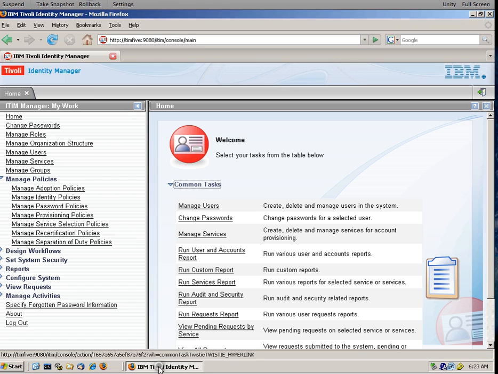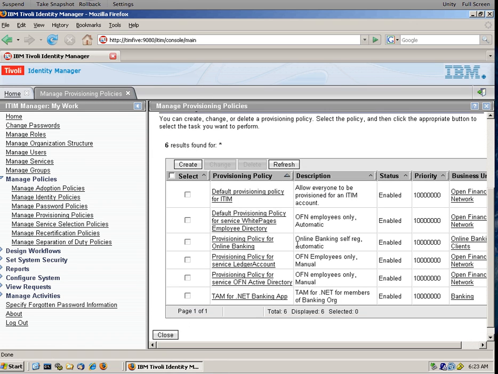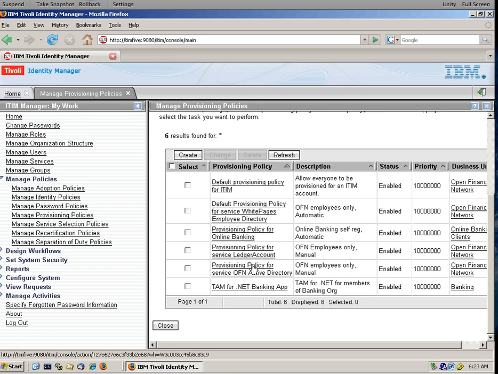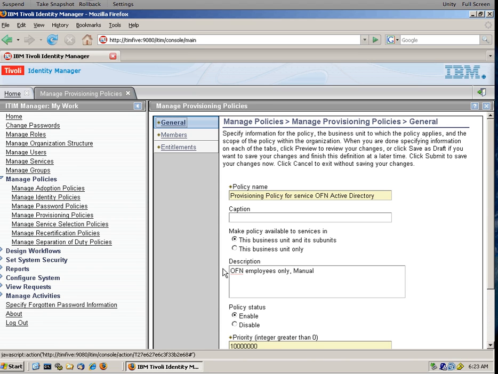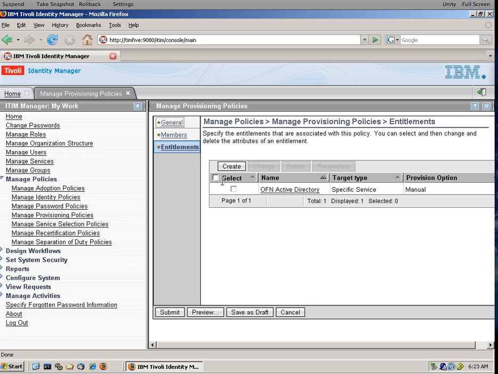To do that, we just go into iTeam and go in provisioning policies, and we are going to locate the provisioning policy that we already have in place for Active Directory, and this is the one. So we click on it, which we can see already is applicable to all members of the OFN enterprise, and we can see the entitlements